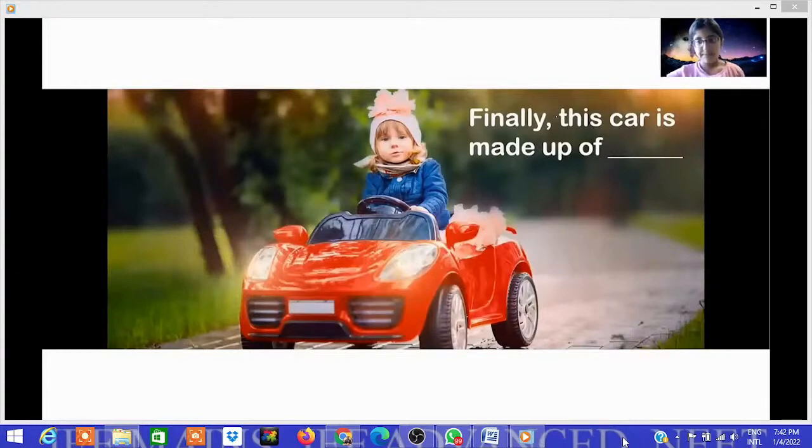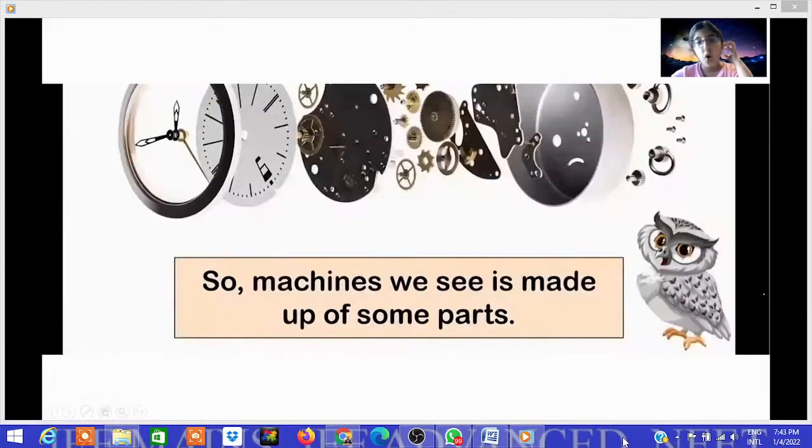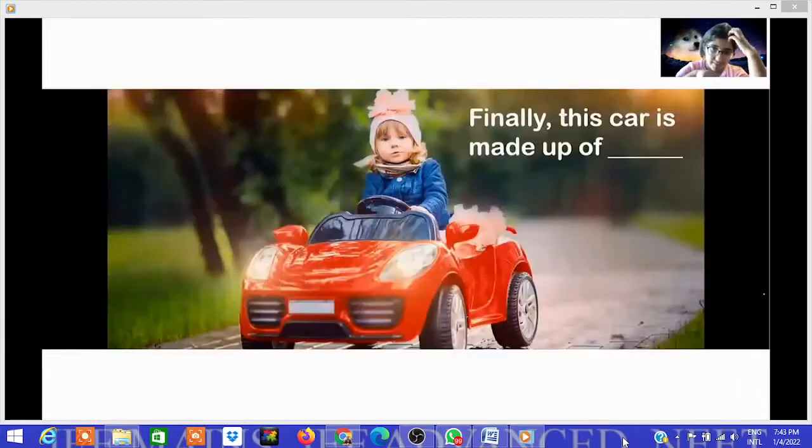What else can you see? Lights, that means bulbs and all. Yeah, lights. And that's all, right? Very nice, very good. Will the wheel be made out of rubber? Yes, that's perfect. So wheels are made up of rubber and the car is made up of plastic material, and we even have bulbs as lighting, right?